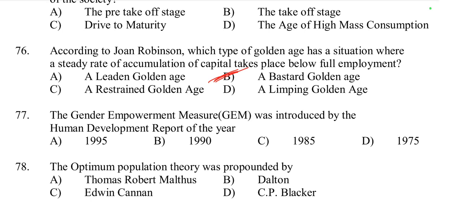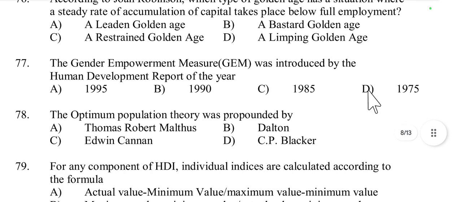So option B is the right answer. Then question number 77, the Gender Empowerment Measure GEM was introduced by the Human Development Report of the year 1995, to measure women's political and